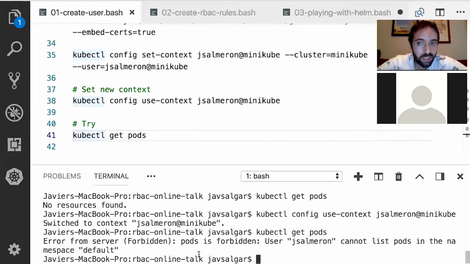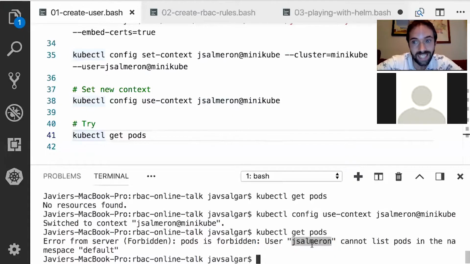I just created a user, but I haven't said what this user can do. So by default, it cannot do anything, because if not, it would be a security issue, right? So yes, I created a user, but there's nothing this user can actually do. And before continuing, you can see that it was correctly identified as Salmeron, so it correctly read the certificate.